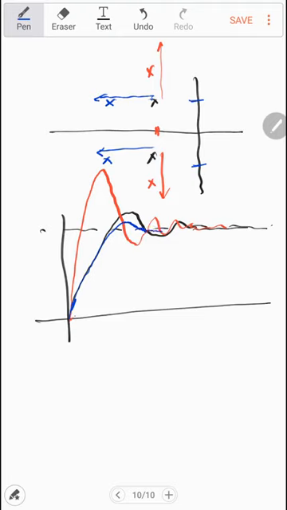So what will happen now? You can easily see that the rise time is the same, but you are increasing the system stability, so the system will become stable early. Or you can also say that you are reducing the overshoot in this case. Similarly, you can also increase the rise time if you move along this axis.